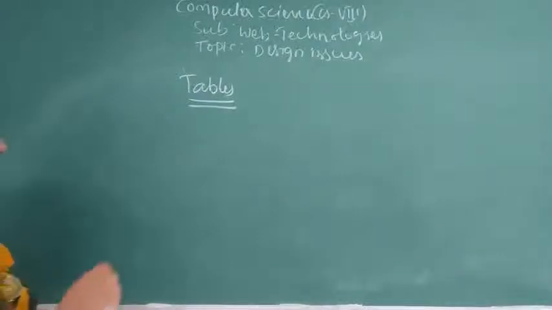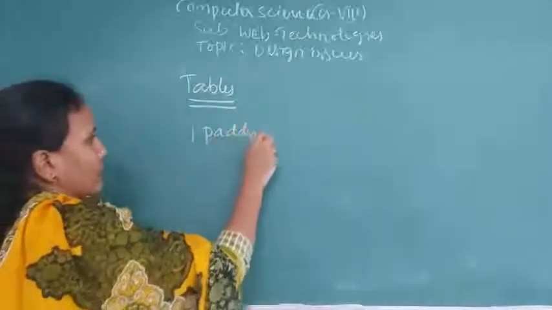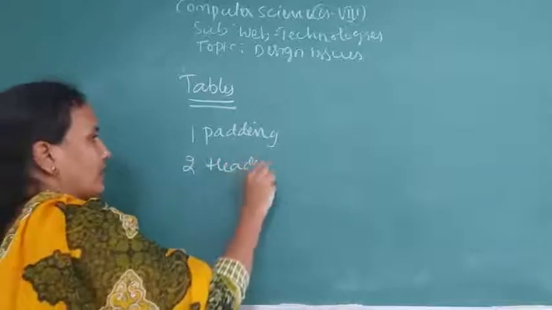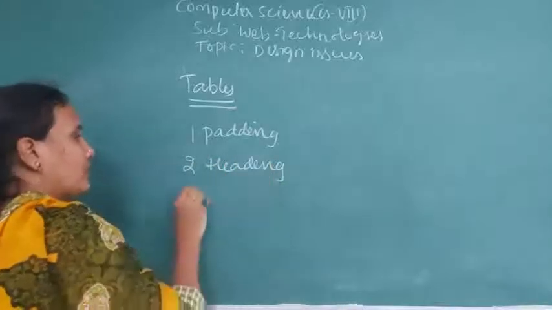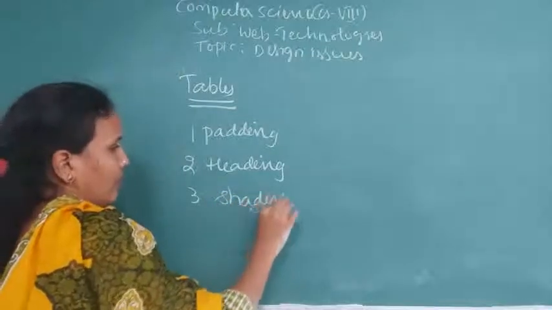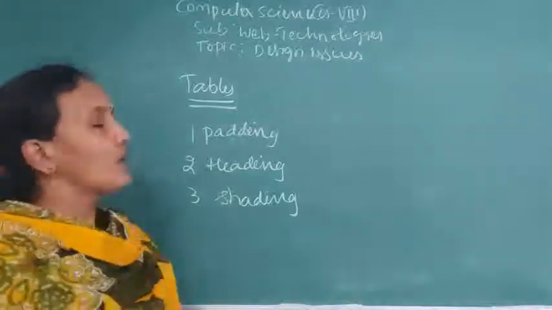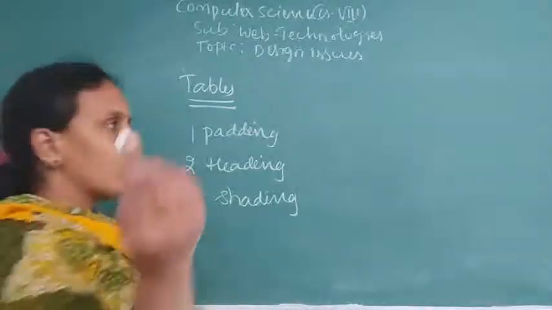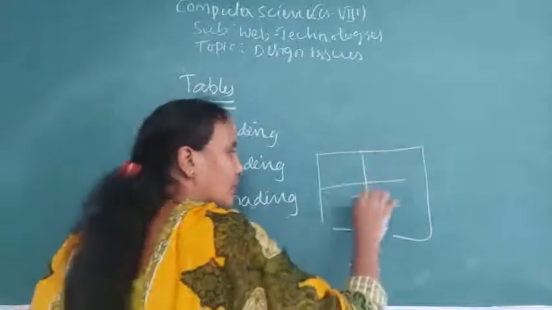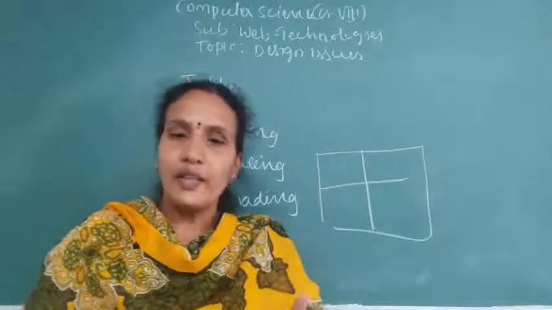So the first one is the padding, the second one is the headings, and the third one is the shading. Three things you need to think about. Okay. For example, this is the table. In the table, you have four cells. See, when you are designing a table,